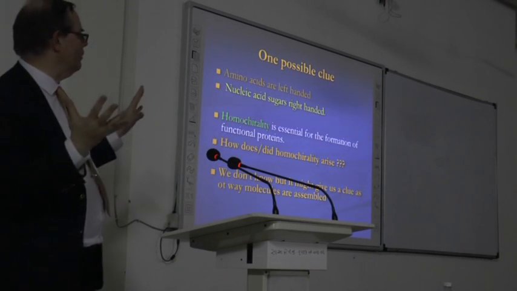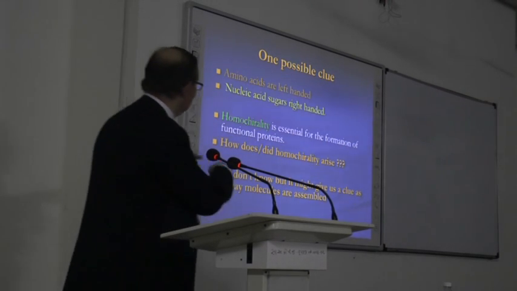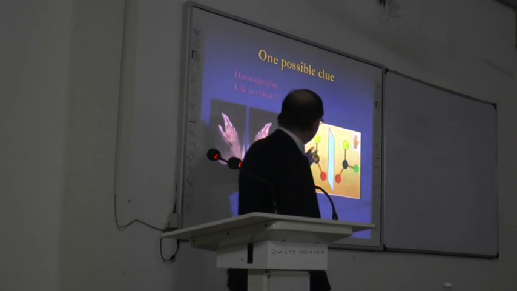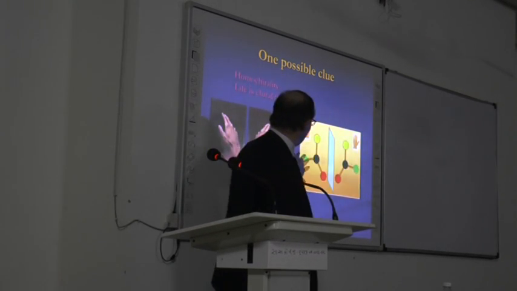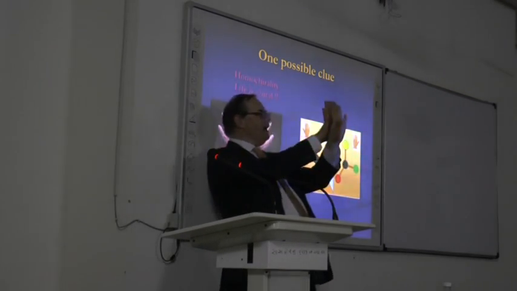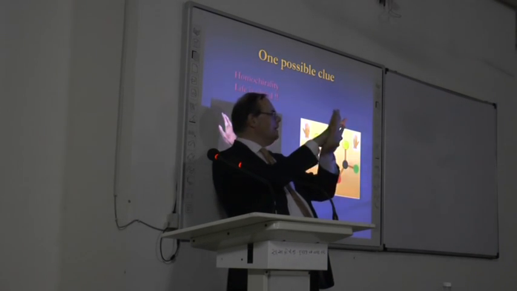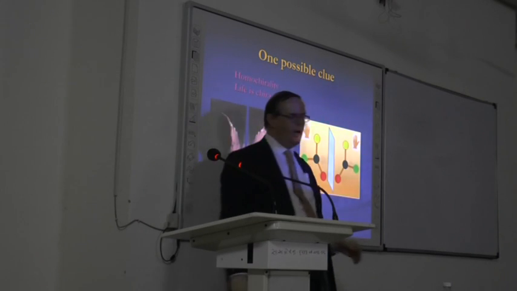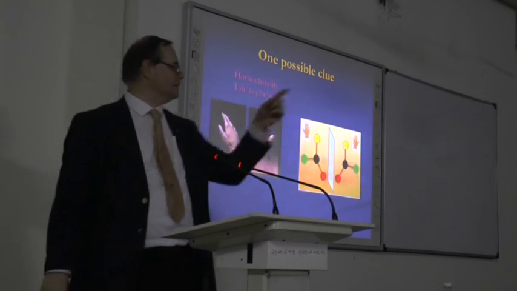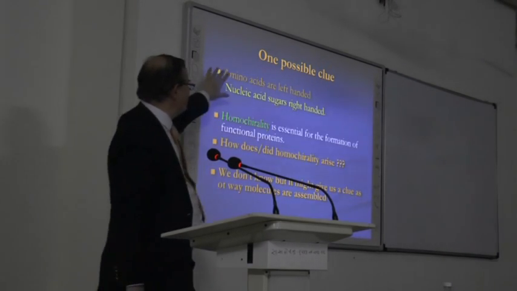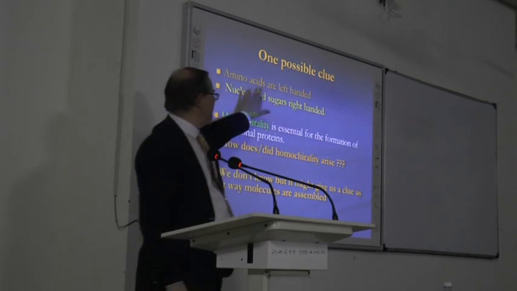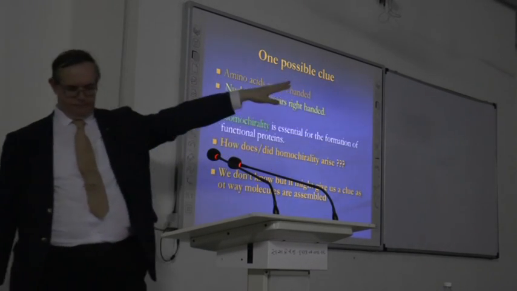You can make molecules, go back a slide, back a slide. A molecule could be like that, or it could be like that. They're not the same, they're like my two hands, right? They do not superimpose on each other, they're mirror images. Life has chosen one mirror image over the other. Next slide. So all amino acids are what we call left-handed, and all nuclear sugars are right-handed.